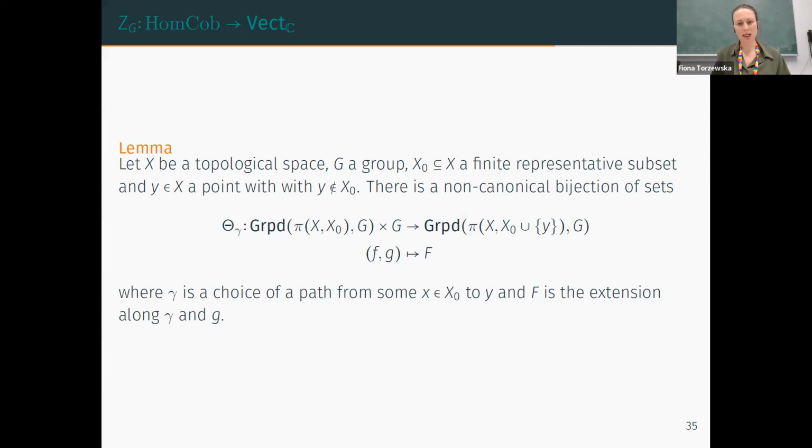So the point here is that we now want to look at what happens if we change the sets of base points. So we want to remove our dependence on base points. So the first thing we can do is just make a straightforward observation that if we consider these groupoid maps